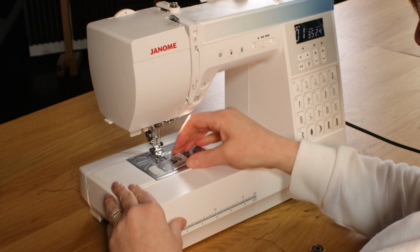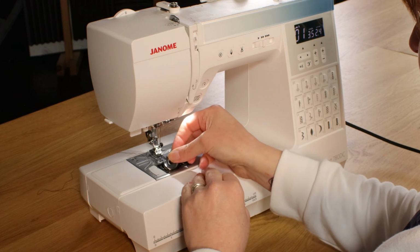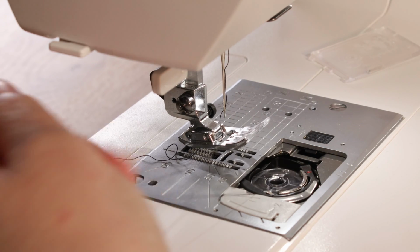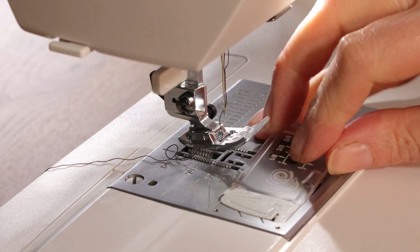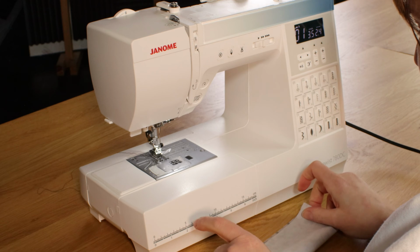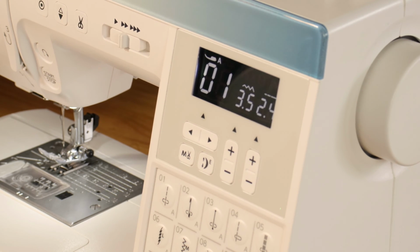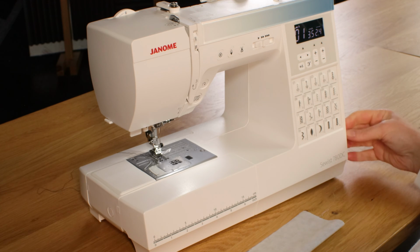For the bobbin, pop open the cover. You want the tail of thread to the left. Drop that in under this little lip, in and around the quick set. And as I say, no need to draw up the bobbin thread, you can just start sewing. So when you switch the machine on, it'll always default to stitch number 1, which is the standard straight stitch. So you've got all these frequently used stitches here, and as I say, you've got these 2 cards for your